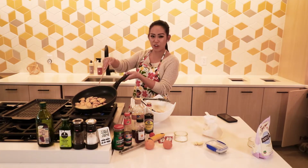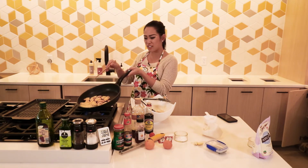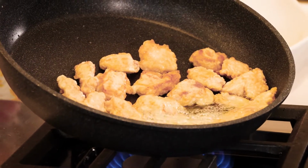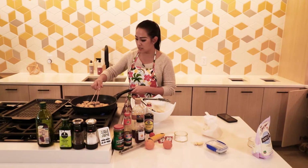Oh yeah. I want this side of it to cook a little bit better. So feel free to use this trick. Just tilt your pan to really deep fry that portion over here. That's taking a while to cook. So once that's done,